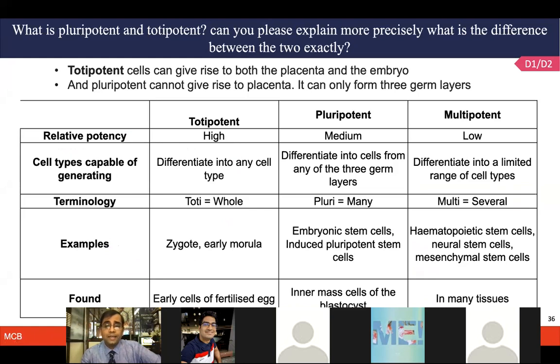What is pluripotency and totipotency? A very broad concept here is totipotency, as we talked about in the concept of plant cells. They have the ability to develop into any kind of cell, and they can be generated into full plants. In case of animals, humans, totipotent cells can give rise to both placenta and the embryo, and the pluripotent cell cannot give rise to placenta.